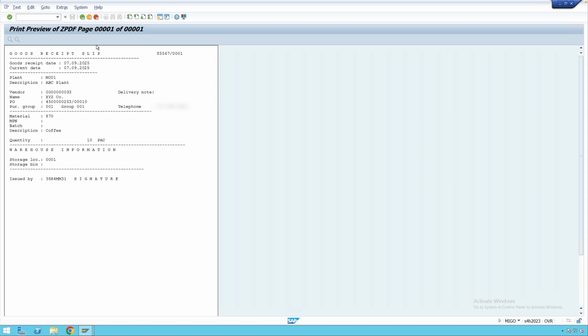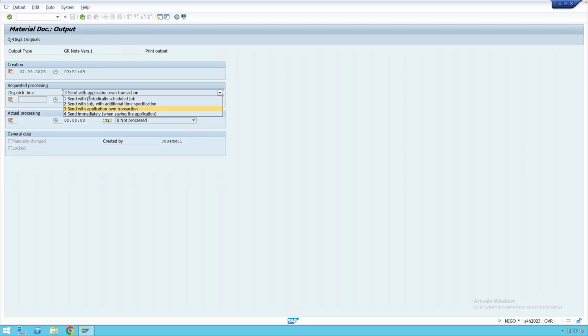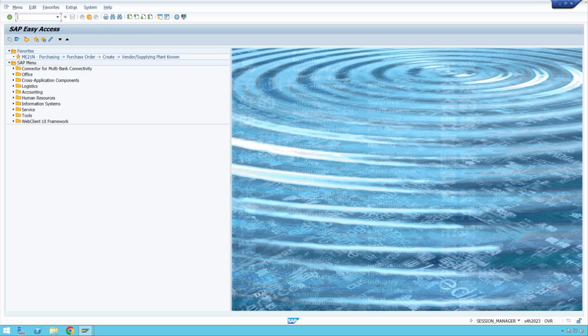And if you want to process this output, since we had selected the transmission time as 3, that is processing output through the application's own transaction. If you select this and click on further data, you can see we had selected dispatch time 3 here. So how can we process this output? To process this output, we have to go to T code MB90. So we'll go to T code MB90,